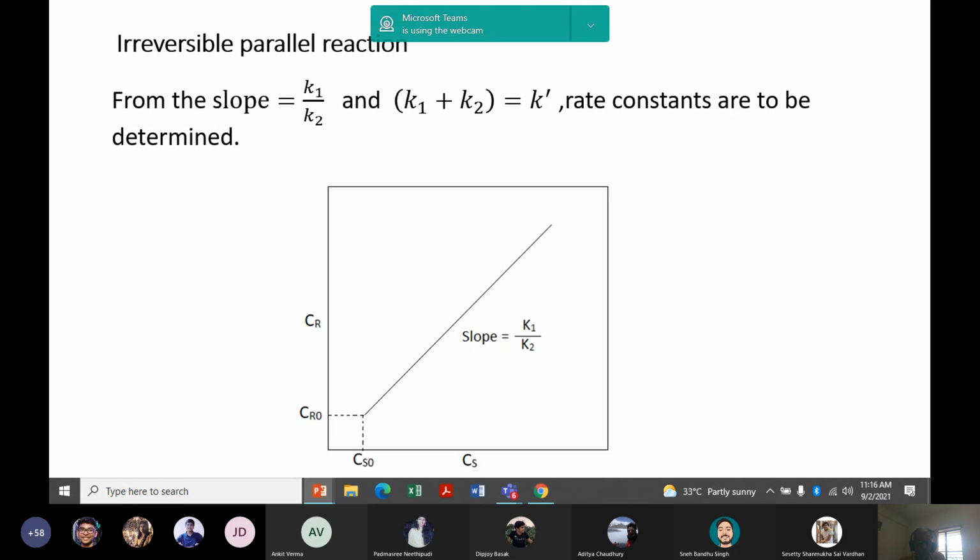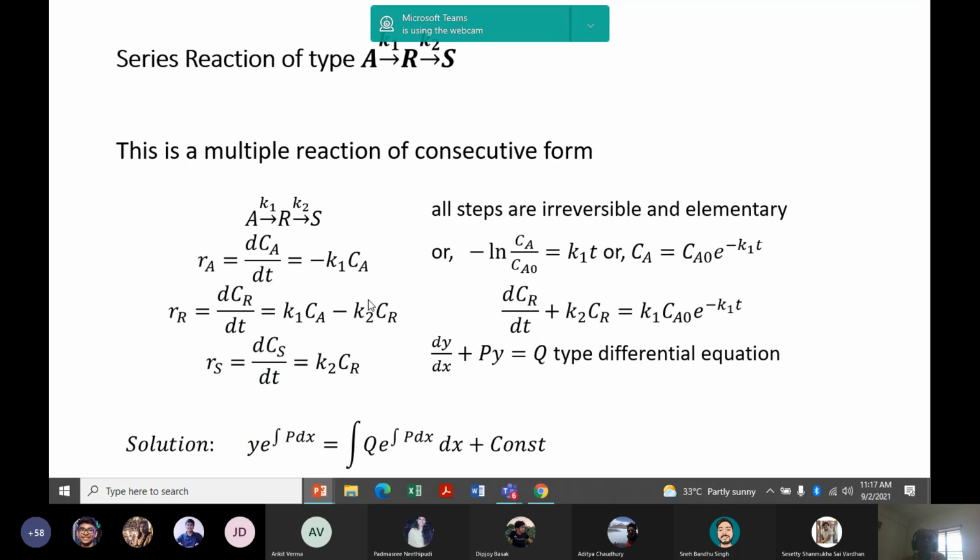This problem is also available in Levenspiel, because I am going stepwise. Whenever I am discussing, I'll give hints where it is applicable for problems. So this theory is applicable for solving problems from the Levenspiel chapter. There are say 30-40 problems. All the problems I cannot show in the class, so only a few problems will be discussed. And this is a simple problem you can practice today.